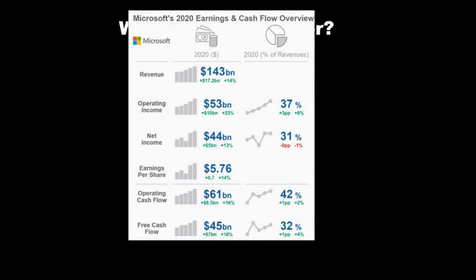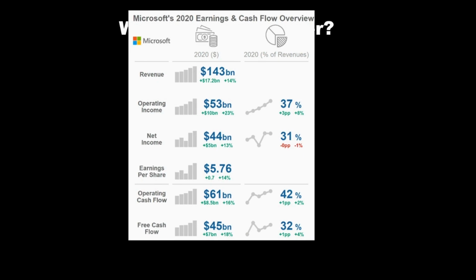Number one, I think, is pretty obvious: financial data. Financial data, you can absorb as much of it or as little as you want. It's just going to tell the overall story about how the company is performing and how you think they might perform coming up in the future.